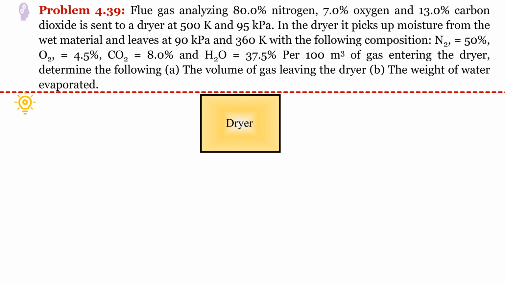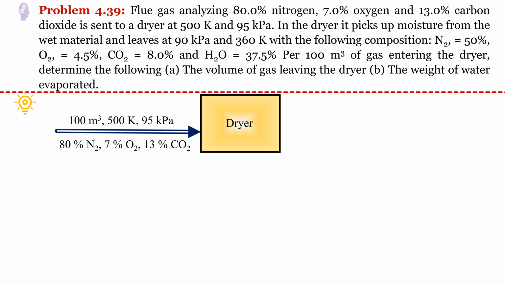First we will write the conditions for the problem. For entering gas, the composition of nitrogen, oxygen and carbon dioxide are given. We can write the conditions: that is 100 meter cube. Entering temperature is given, that is 500 Kelvin, and entering pressure is also given, that is 95 kilopascal. And total number of moles entering is not known, so we can assume N is the total moles entering